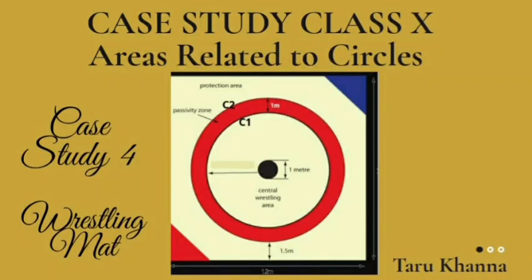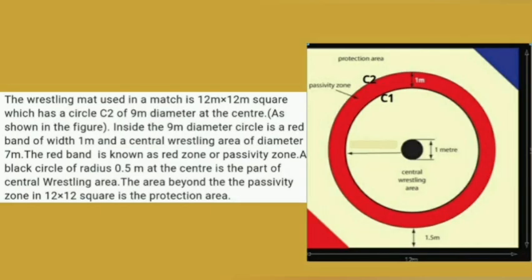Hello everyone. In this video, we have the next case study, that is case study 4, which is from the chapter Areas Related to Circles. Here we are going to talk about a wrestling mat. One such wrestling mat is given here in the question with the dimensions. This wrestling mat, which is used in a match, is 12 meter by 12 meter square, and it has